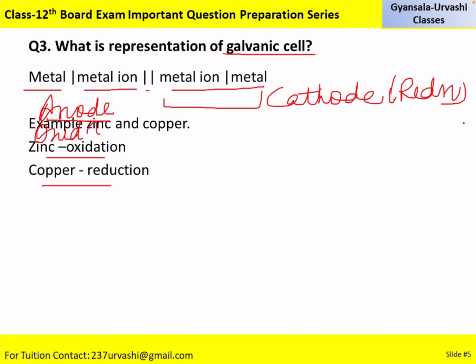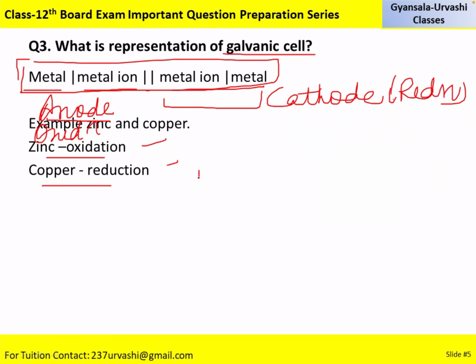I have selected these two. I will be writing these two in the form of this, which I am making in a box. Since this is the representation, I have to write it in this way. Now zinc will undergo oxidation, copper will undergo reduction. If the question comes in your brain, how do I come to know?